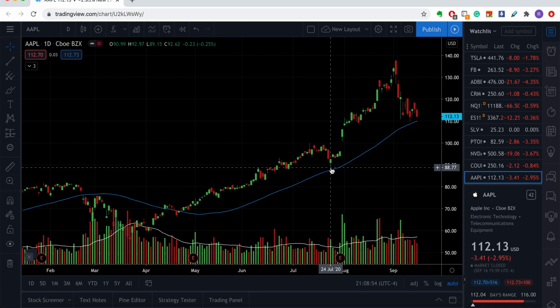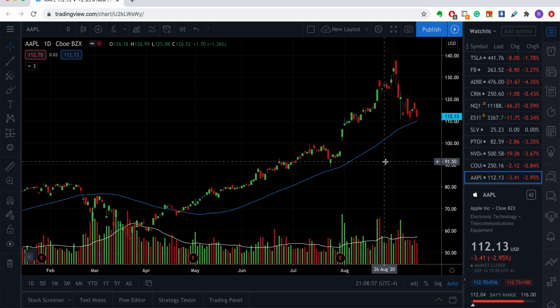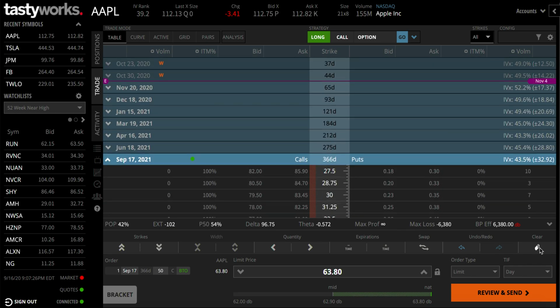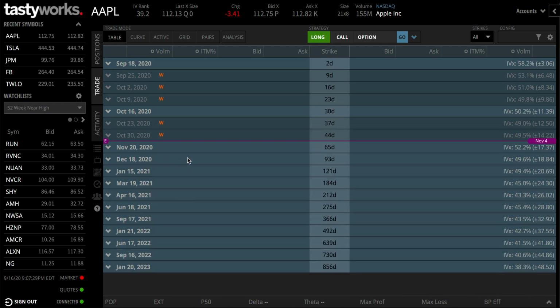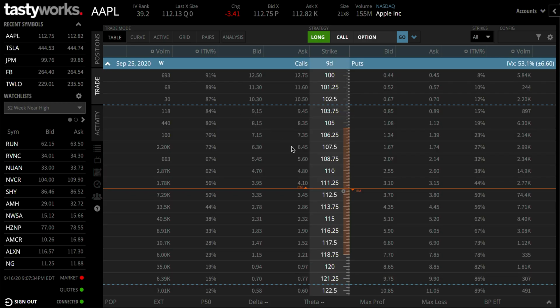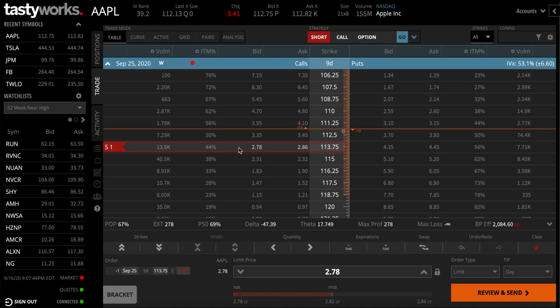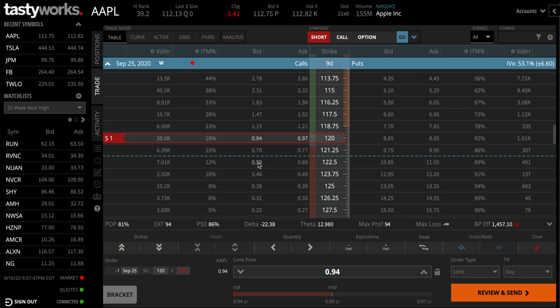So basically what I'm doing is I have a leap. You can put that leap as collateral and sell weeklies. So how weekly selling works is, if you have a leap, you can sell weeklies. So for example, I can sell September 25 short. Let's say a 120 call. Okay, so a 120 call, right? Since I have a leap, I can sell September